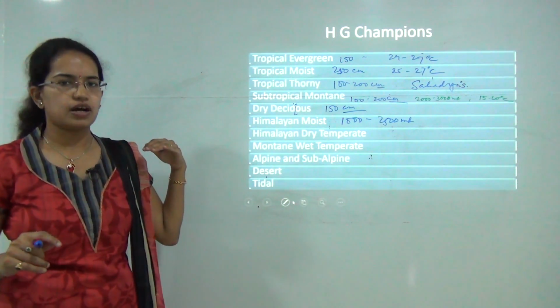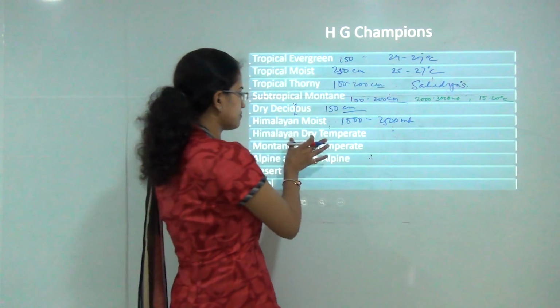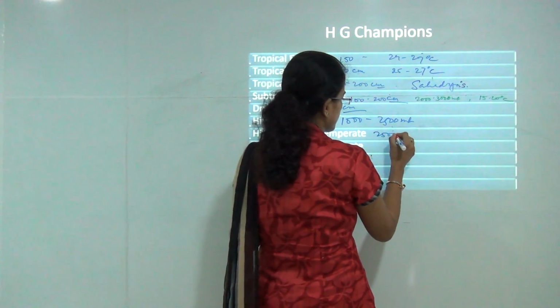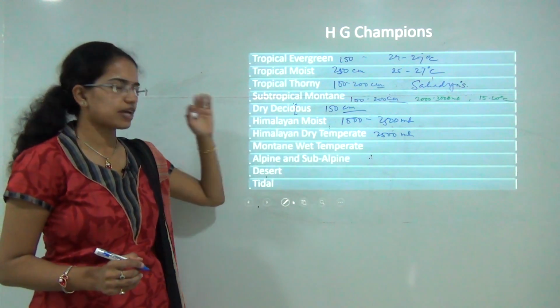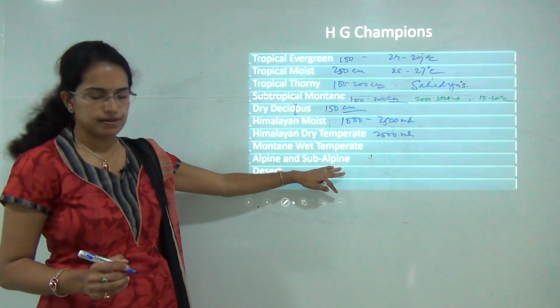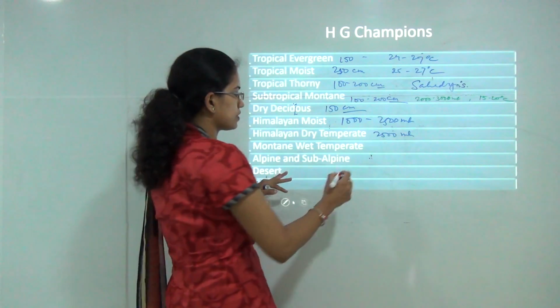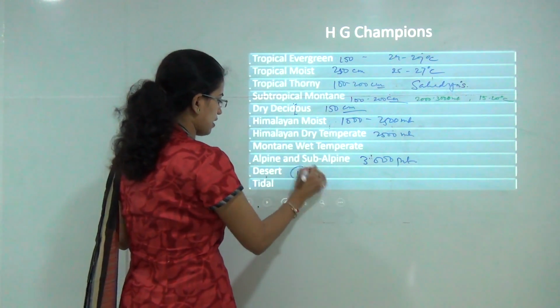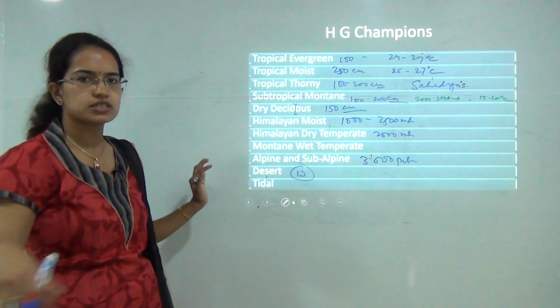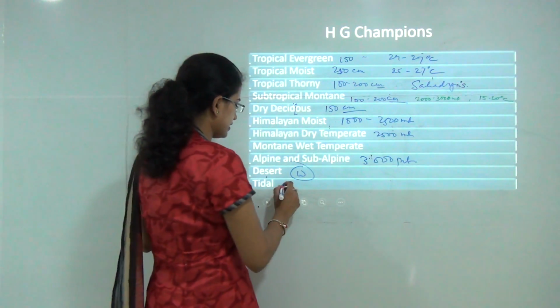You can find this in the range of 2500 meters and above. Then you have mountain wet temperate that we have already talked about, alpine and subalpine at a further higher altitude of around 3000 meters. Towards the west you will have the desert vegetation, and towards the Sundarban delta and the